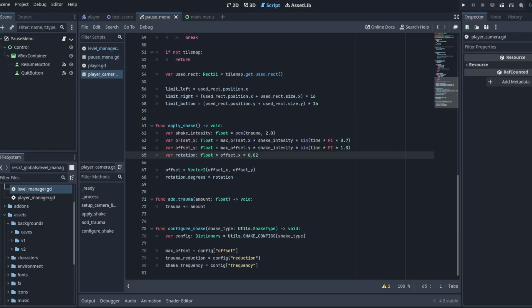In this video, we're going to be setting up some more UI elements. We're going to be making some health bars, and we're going to be handling our player actually dying. Before we cover off some of the UI stuff, I did want to make a couple of quick updates to